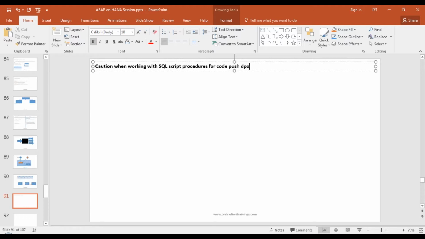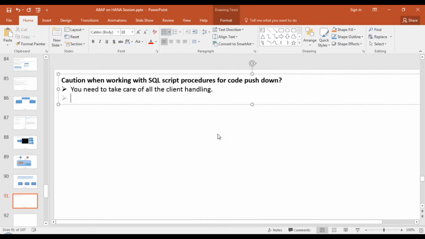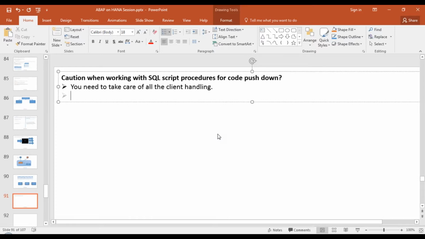Very important point guys, this is a big risk in the business. When you're writing some code, doing a code push down, you need to take care of all the client handling, because you are at the DB level. There will not be automatic handling of client the way it happens in OpenSQL.